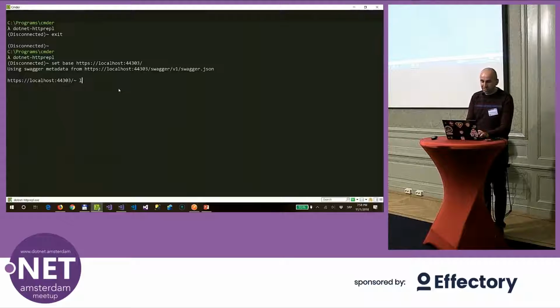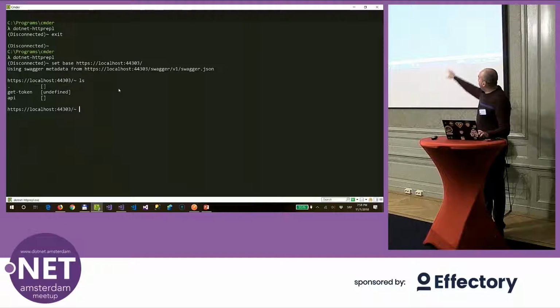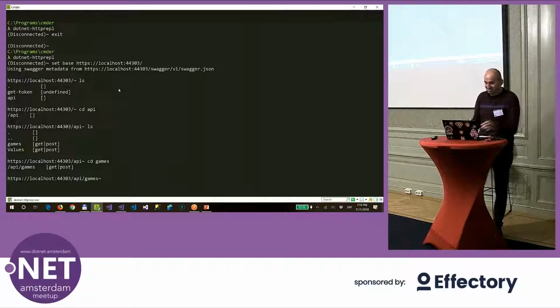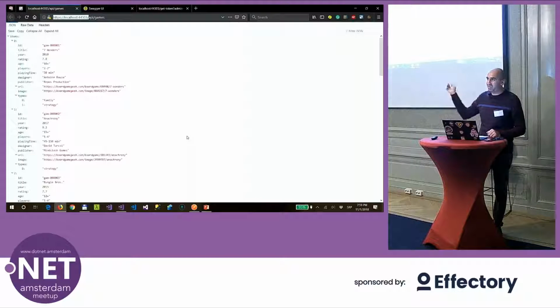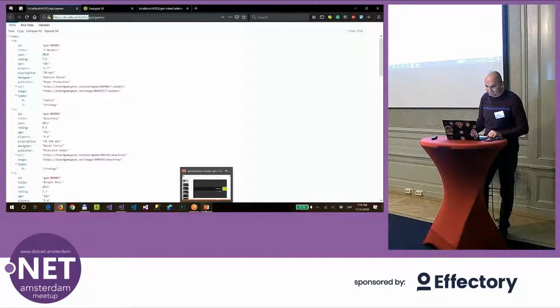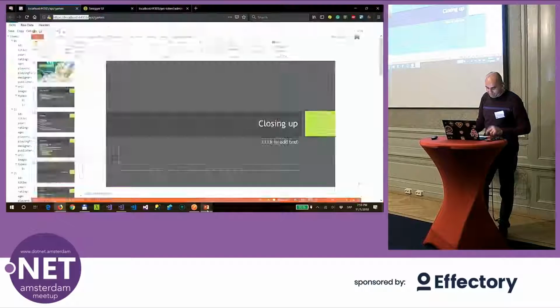So you can have ls, and here are all the endpoints, and you can see the API, ls, cd games. I'm not sure if this is usable, but okay, you have it. So that's about it. They're actually thinking about making this a default when you press F5 within Visual Studio with the new API project. So there you have it. Okay, so next thing,